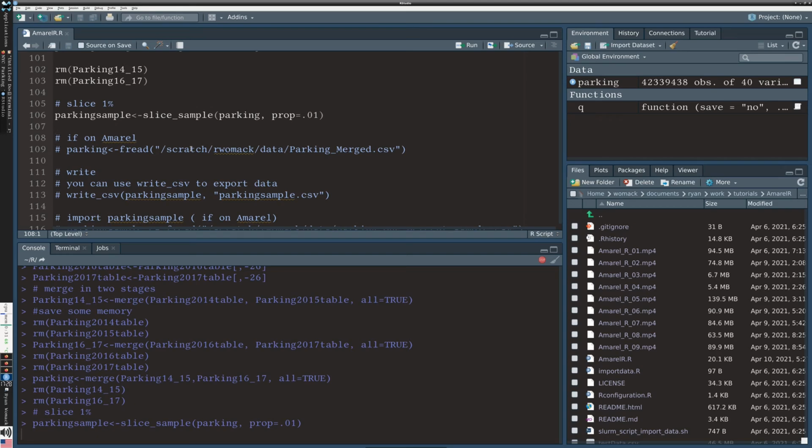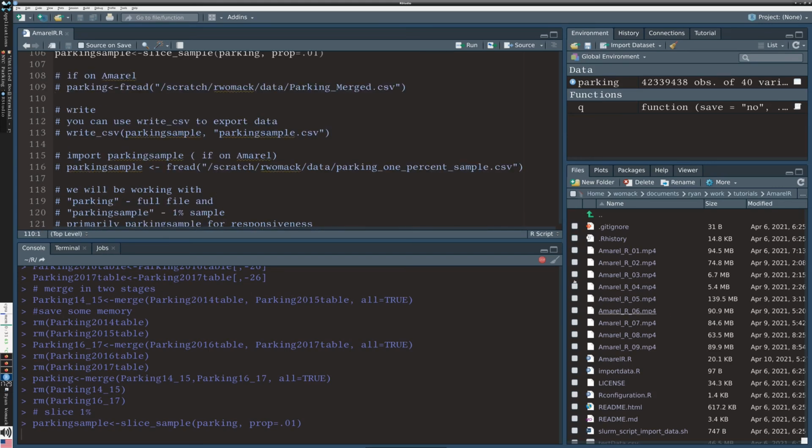When we have this large-scale data and we're just exploring it, we don't want to wait for 2 minutes for each command to complete until we decide that we're really ready to do our final analysis. It's always very useful to work with a smaller sample, and in particular for this video I'm going to be relying on that a bit more than I normally would because I want to make the video concise and not bore you to tears with waiting too much, even though there's some element of that in this video already. So you can see that command is going to run for a little while. It does have to loop through those 42 million observations,